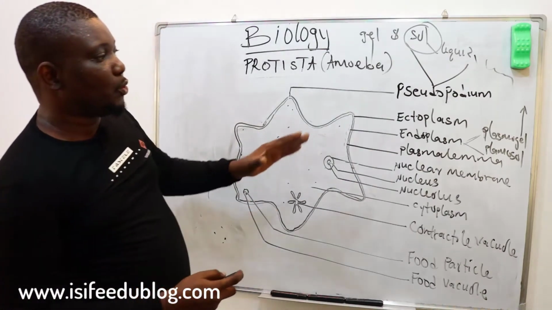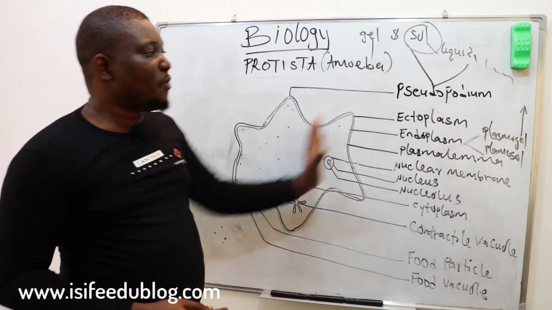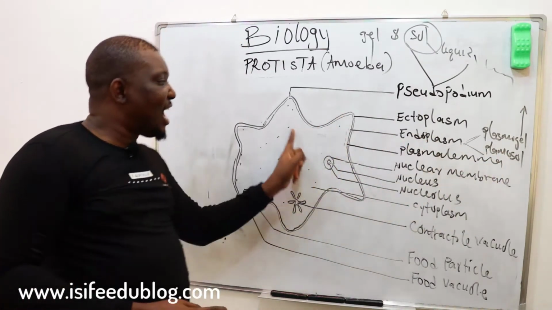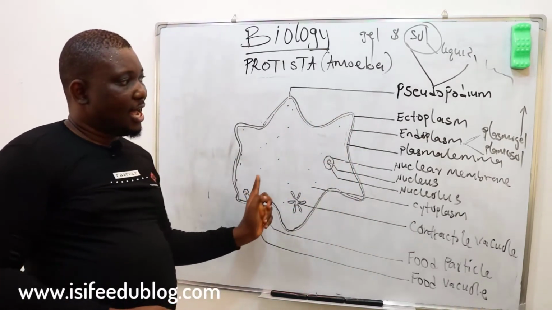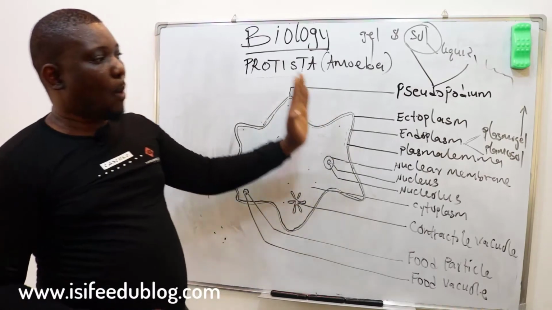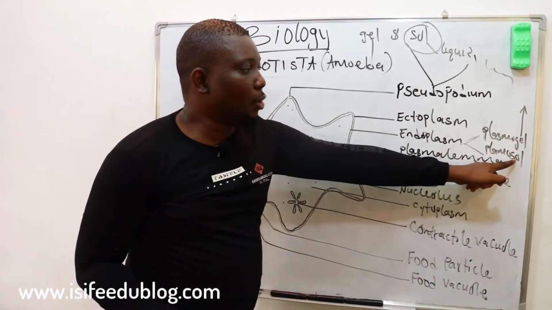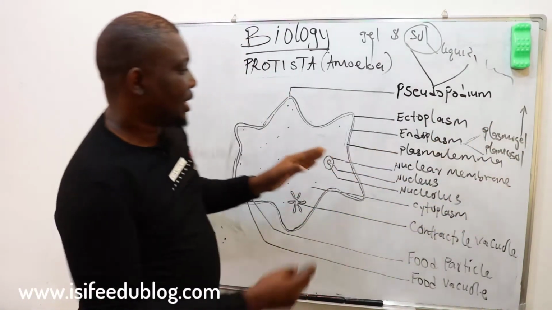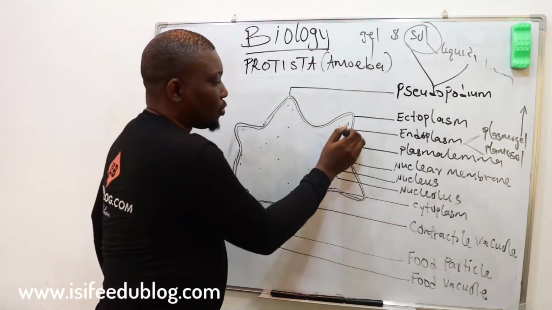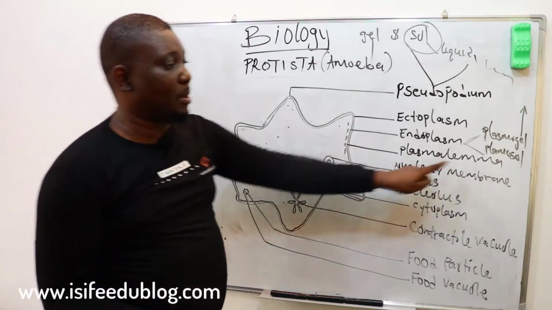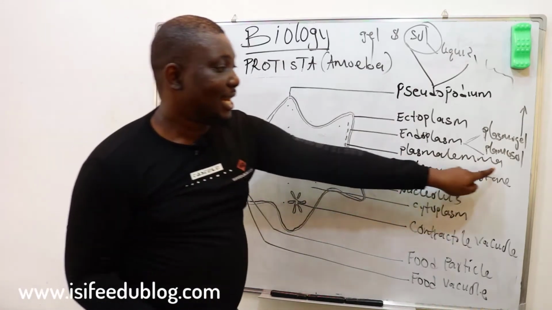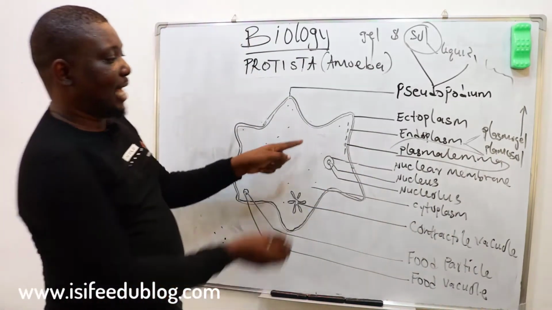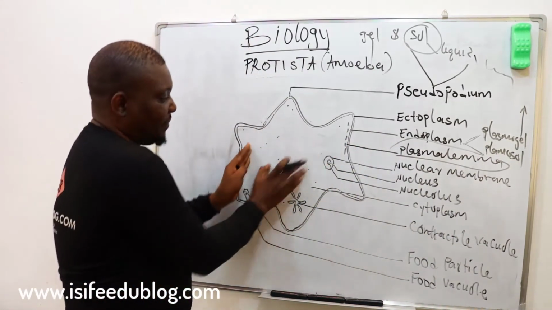In this case, to reduce friction during movement in amoeba, the liquid part of the endoplasm rotates around this outer membrane. And once the organism moves from one point to another, the sol, which is liquid, is now converted to what? To gel. And the plasmosol also protects the other membrane called the plasma membrane, which I labeled here as plasmalemma. What is the role of the plasmalemma? The plasmalemma is a plasma membrane that delimits the contents of whatever is inside here.